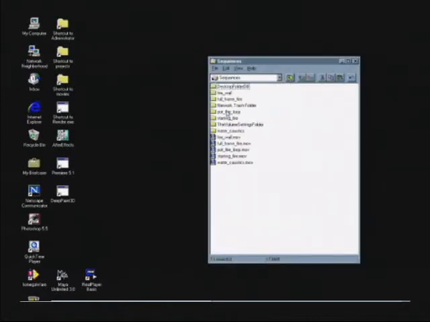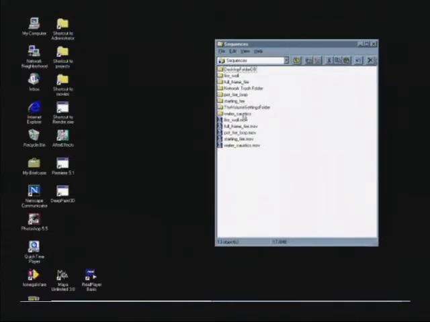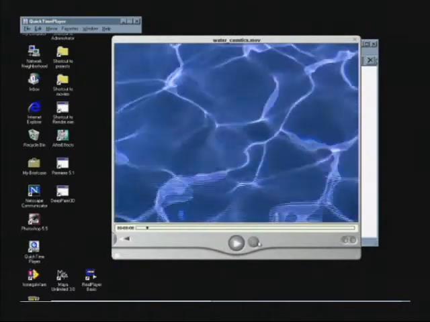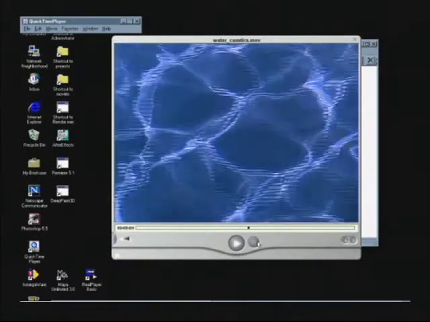And so an example in here is I've got some sequences that are photographic. So for example, things like fire that you can get off CD libraries. And if I just go and click on one, this for example is actually some water caustics. And we can see this is a QuickTime movie, but you're not going to use QuickTime movies to map your